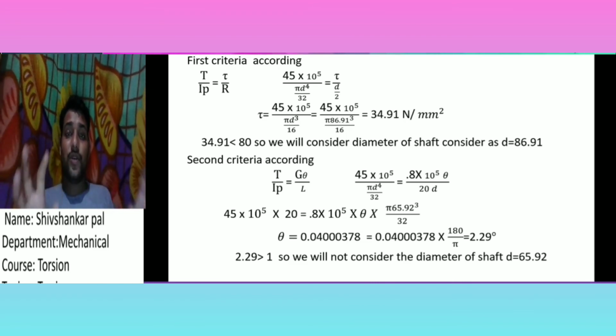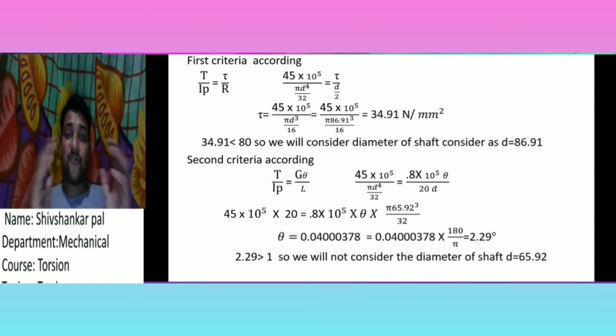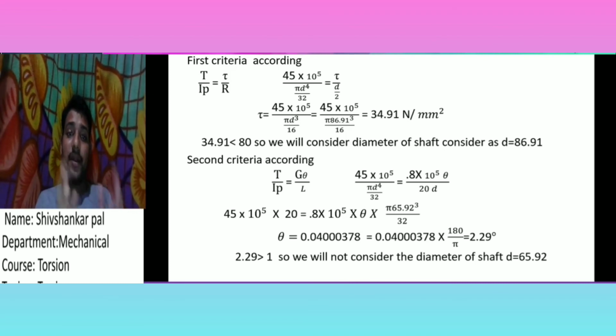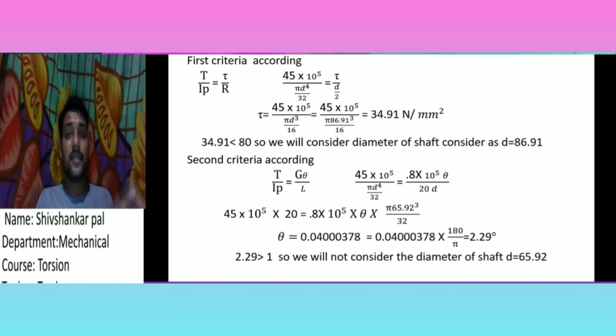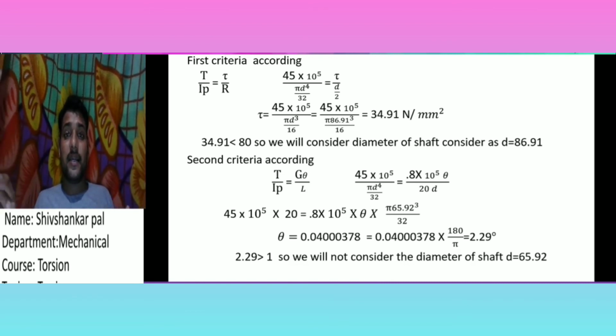And with these two equations, I find out the diameter, and again cross-check the value of the diameter by putting that value in the other equation. When I find out the diameter from the stiffness criteria, then I put the diameter value in the strength criteria. When the diameter is obtained through the strength criteria, put it in the